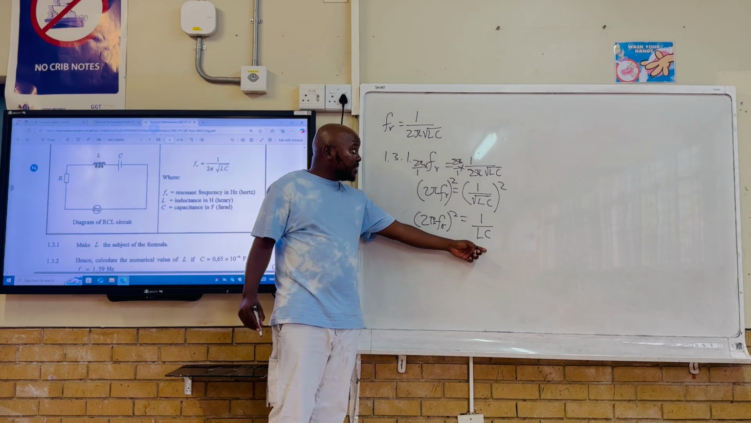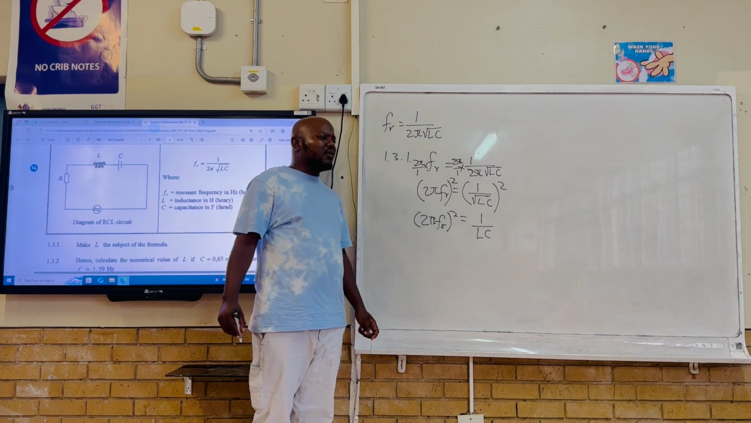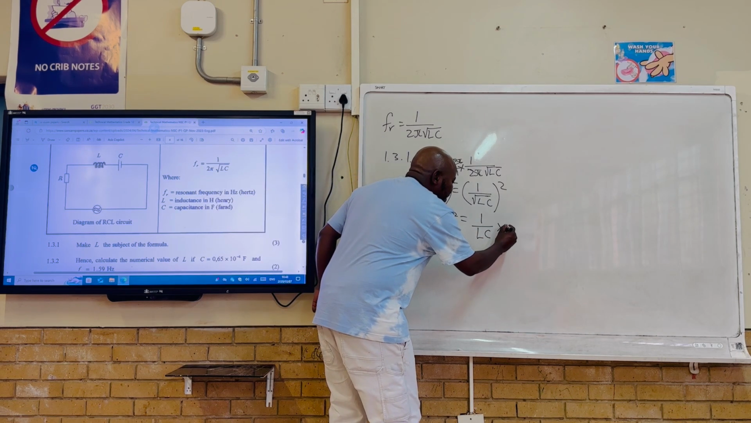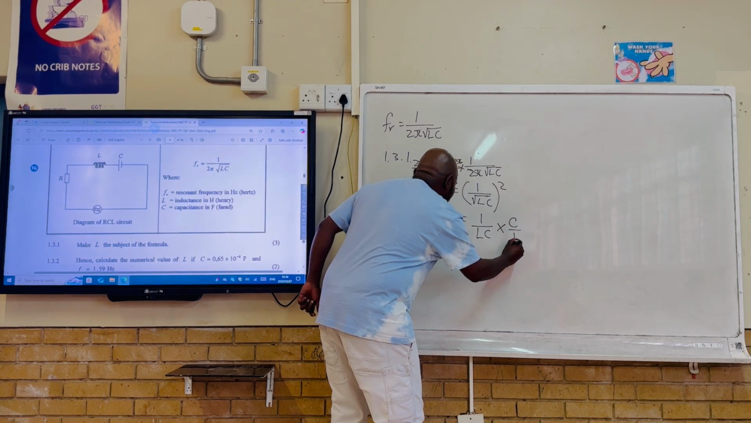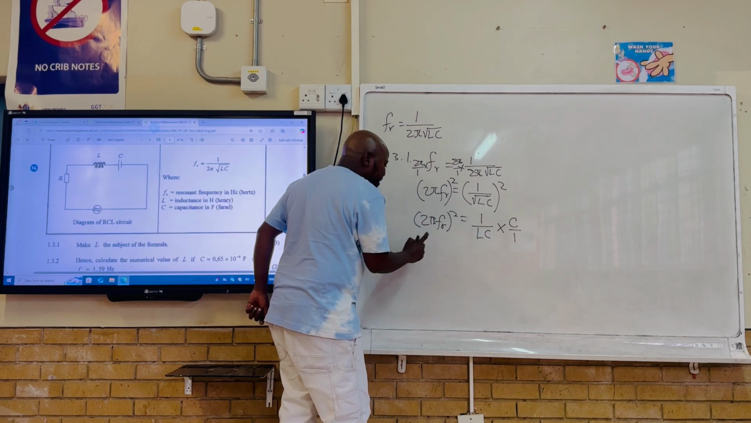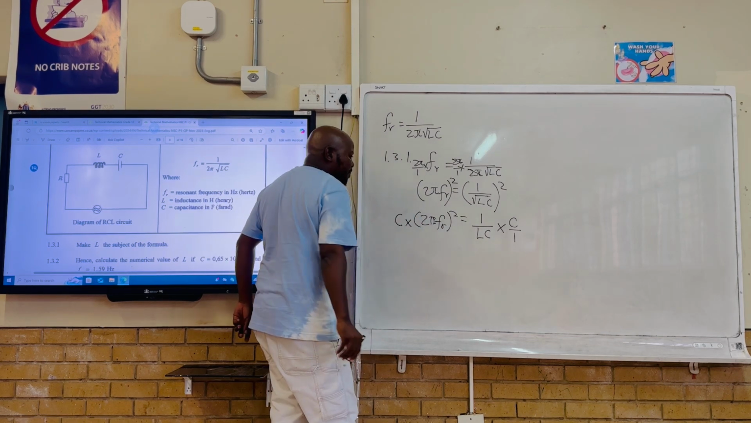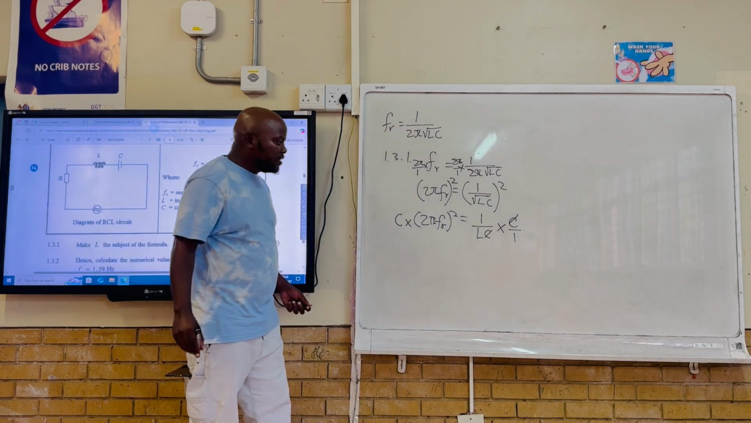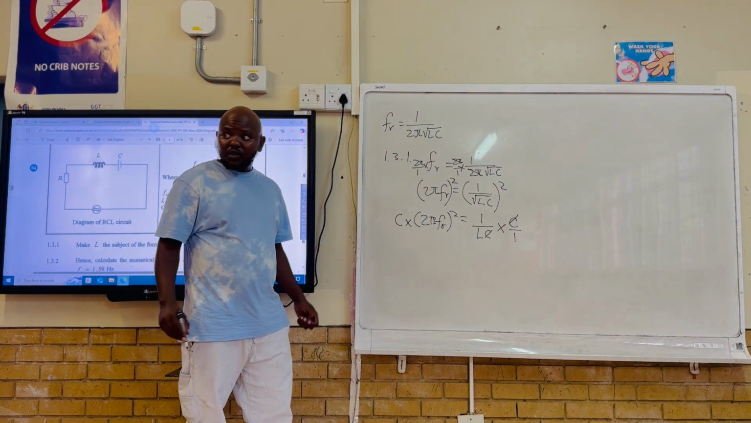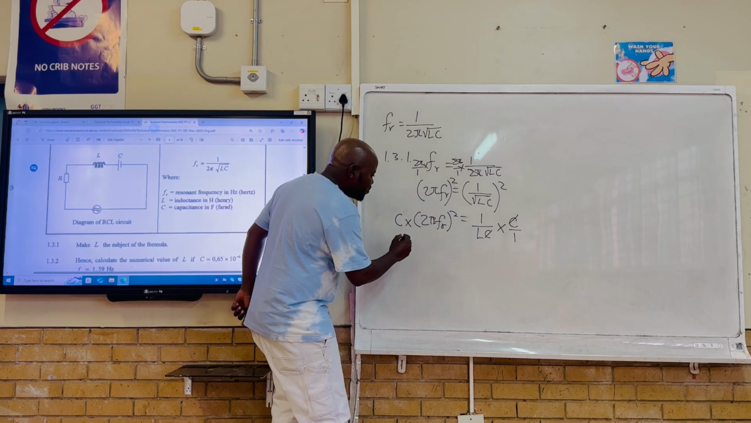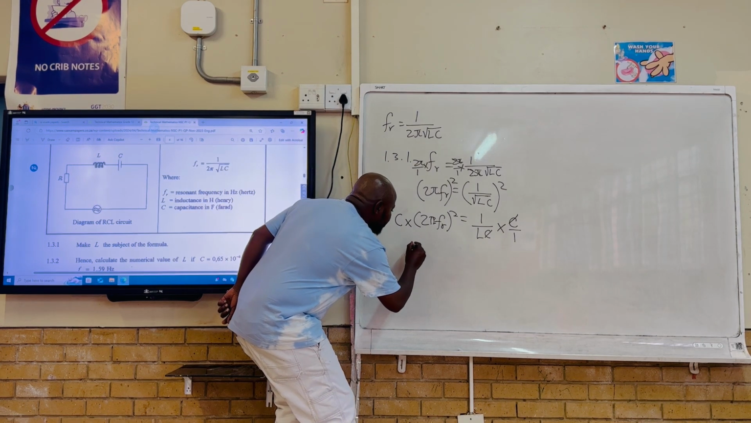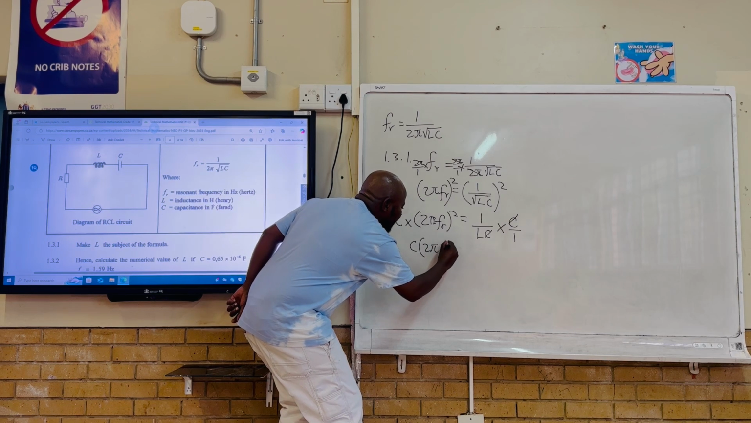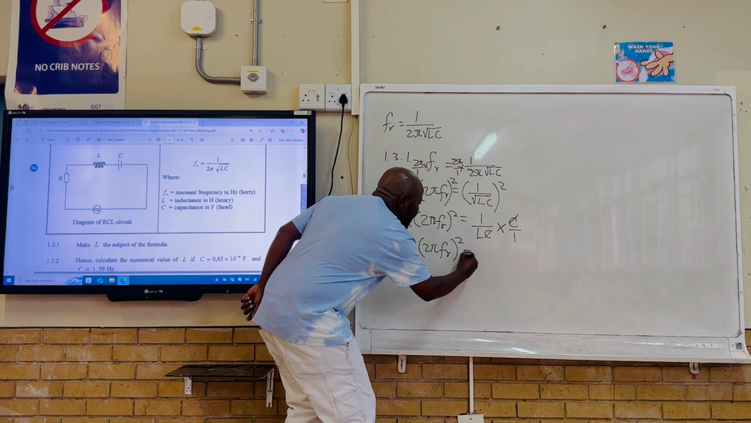Remember, what are we making the subject of the formula? L. So here we can multiply by capacitance divided by 1, the reciprocal. Multiplied by capacitance, this capacitance and this capacitance will divide each other. We'll be left with capacitance into 2 pi frequency all squared is equal to